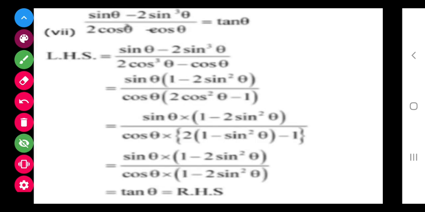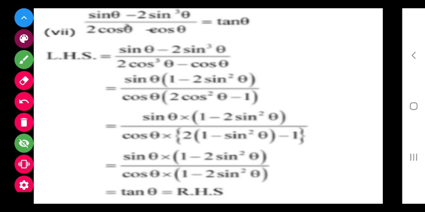Next question. Again, this is the complex part and this is the solved part, or you can say the reduced part. Now what are you going to do in this? In the numerator you can see sine theta, sine cube theta. There is no such formula for sine cube, so we will take common, and in the denominator also we will take common. First of all, we have to see whether a formula is there or not. After that, we have to see whatever the common things are, and take those out.